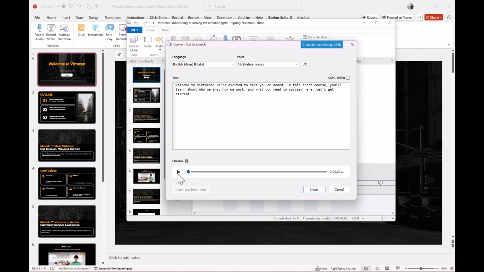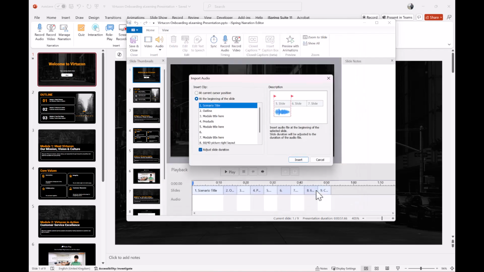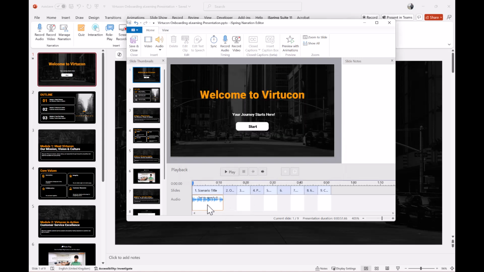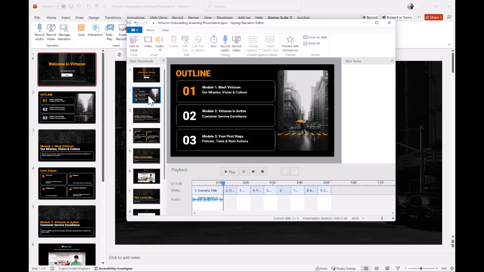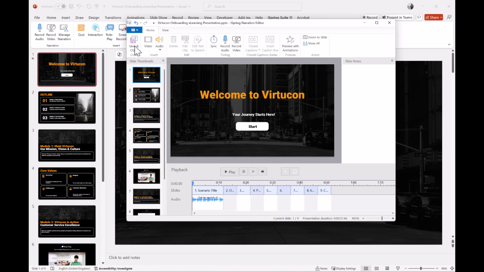So how good is that? Once you're happy with the speech and the settings, click Insert, and you've got various options here. I want that audio to play from the first slide, so my scenario title, which is the first slide. So I'm going to click Insert, and here's my text to speech down here at the bottom. And I can go through the other slides, add in further text to speech if I wanted to. But for the interest of time, I'm just going to do it to the first slide and click Save and